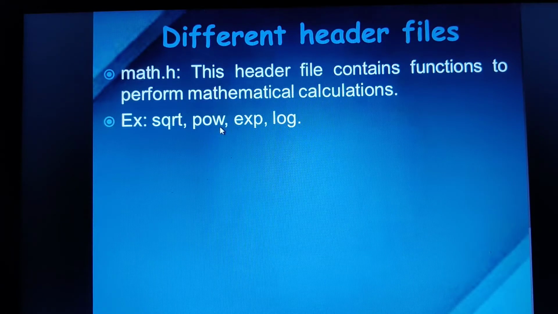Okay, if I have 2 raised to 2, you can easily calculate it. But what if I have 2 raised to 32, or 2 raised to 40? Using this inbuilt function power, that is pow, you need to pass the arguments 2 comma 32, and then it will automatically calculate 2 raised to the power 32 and give the result.